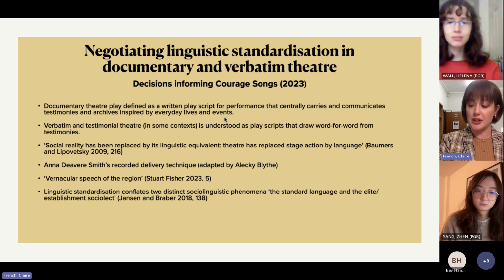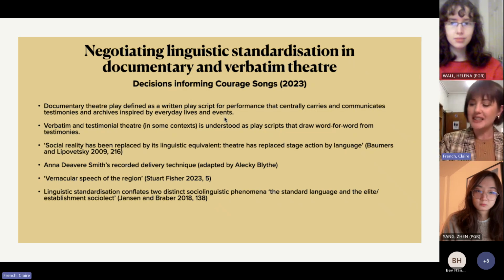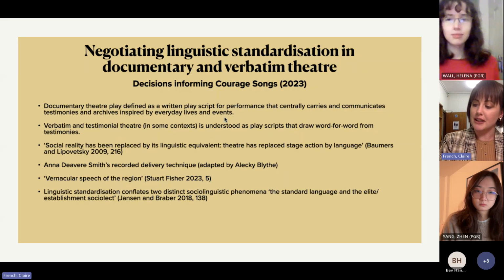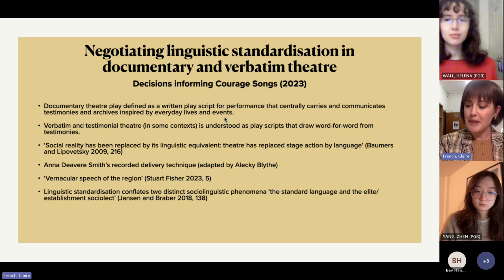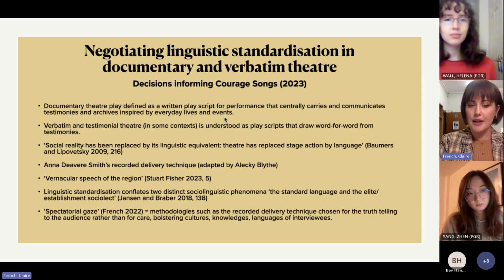There have been immense tensions, I believe, with assumptions and assertions for word-for-word testimonies that see audiences oversee the fact that the interviews have still been edited from masses of data to be structured into a very well-made play. Two, the spectator is disproportionately privileged in these circumstances, with key dramaturgical decisions made with the spectator in mind, or what I have previously called the spectatorial gaze.